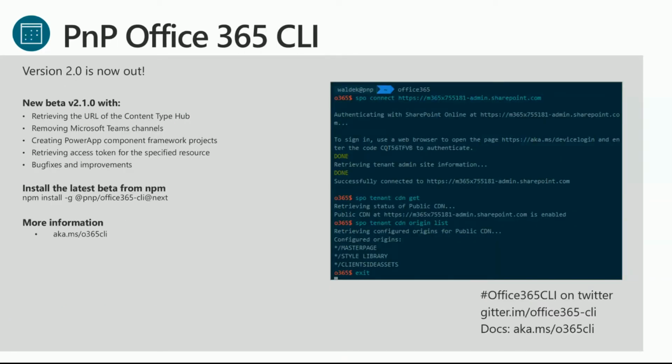So Office 365 CLI, big announcement, version 2 is now out. There's also a new beta 2.1.0 with support for retrieving the URL of the content type hub, removing Teams channels, creating Power App component framework projects, retrieving access tokens, and some bug fixes and improvements. If you haven't tried out the CLI, it is a fantastic cross-platform SharePoint administrative tool, and it allows you to script various updates and behaviors for your SharePoint interactions or Graph interactions